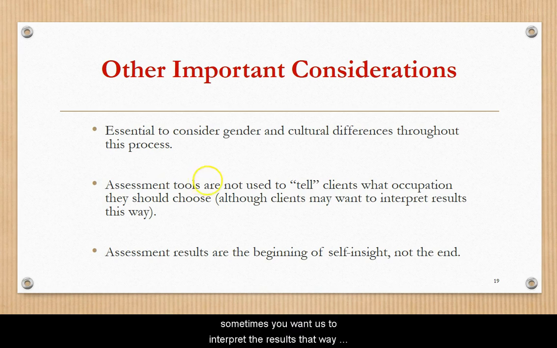Let me just finish my thought here first. Clients may sometimes want us to interpret their results that way, and the reason is that some people can fall into the trap of seeing the tools as a test, and the test has right or wrong answers. So it's very, very important that we try to avoid using that word test, and that we keep emphasizing these results are not meant to tell you exactly what to do. They're meant to guide you in opening up options,